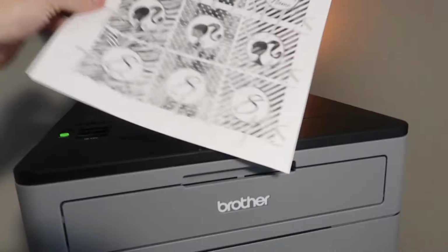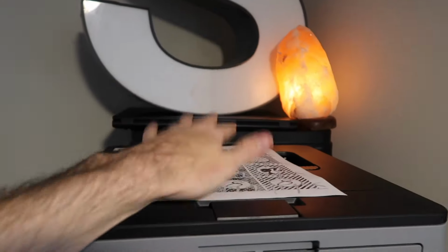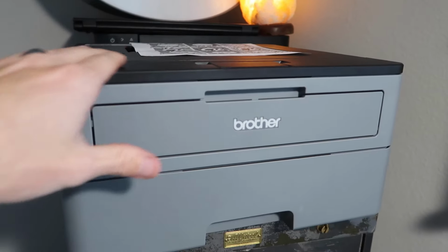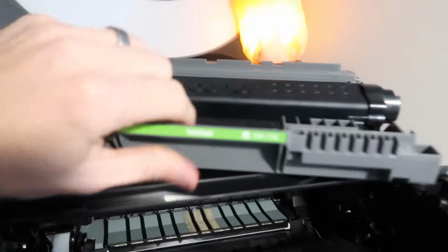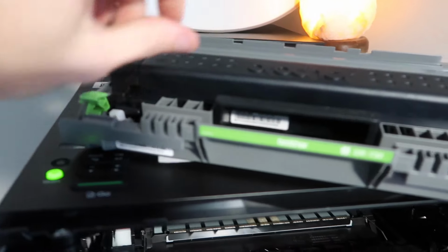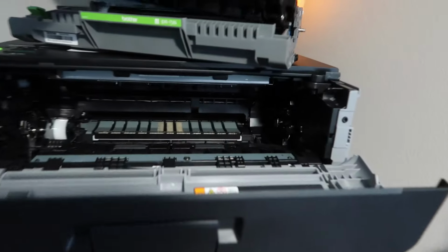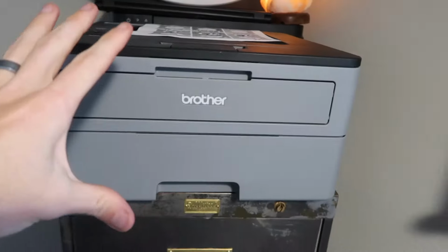So if your printer is printing light, the pages are not as dark as they should be, maybe some words are missing, it's very, very light, most likely you are running out of toner. That's when you would open this front cover, pull out your drum unit, press this little green button here, grab your toner, shake it up a bit to move around that toner inside, and then put it back,